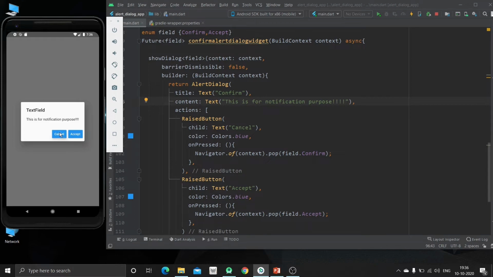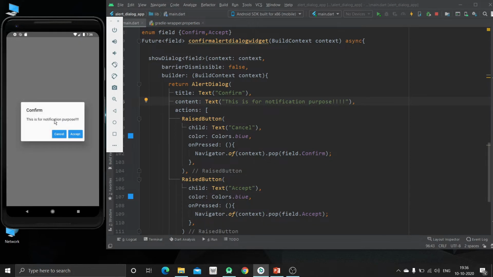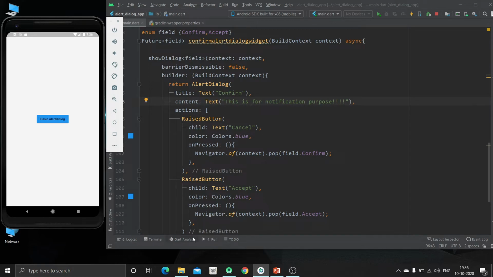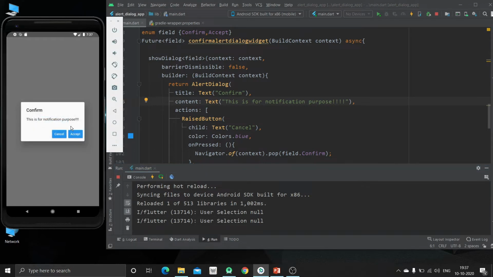Now just click on cancel. Now again just click on this button. Now you can see you are having one confirm alert dialog widget, which is asking for cancelling or accepting this particular notification. So on clicking on cancel, you can have the data like user selection is null, or on clicking this accept,